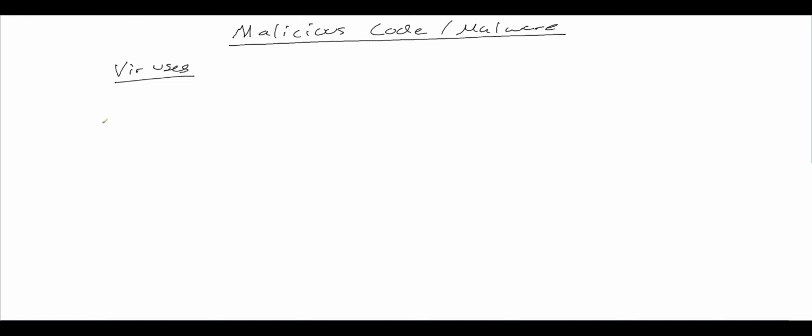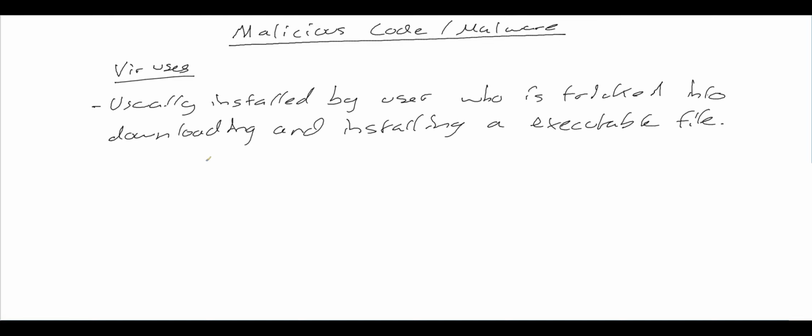So a virus is a type of computer malware which is usually installed on a computer system because a user is tricked into installing it by an attacker using some sort of social engineering technique. They're tricked into downloading and running an executable file on their computer which contains the virus. So most viruses require user intervention, so the user downloading and installing an executable file, for example,